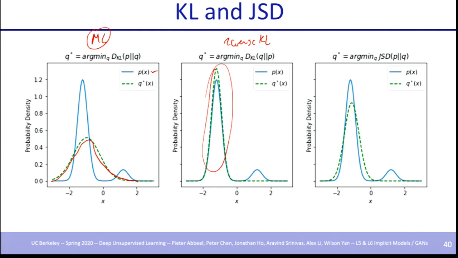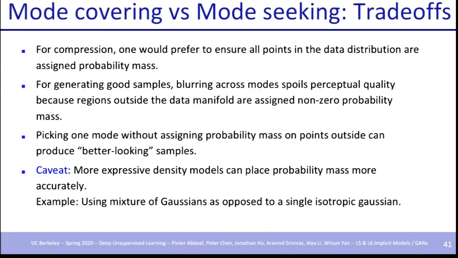Not all, of course, is still fitting a Gaussian, but it's concentrating as much as possible right over there. That gives you the better score. Then the Jensen-Shannon divergence does something in between, puts most of the mass on that main peak, but still puts a bunch of mass out there onto the other peak, more so than the reverse KL would do. And so you might have heard of things like mode collapse in GANs, and what does it mean to have modes that in some sense disappear?